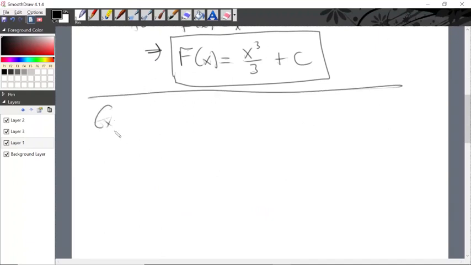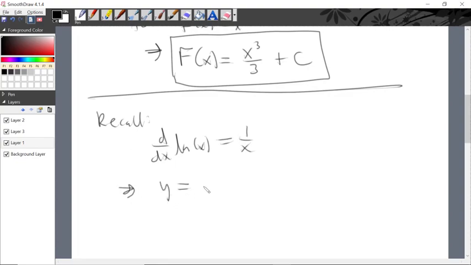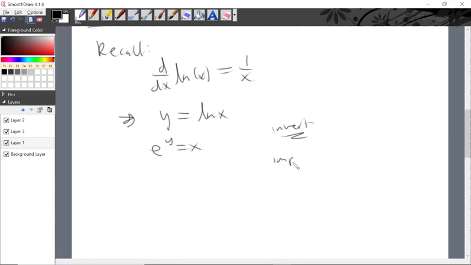Let me recall for you here from previous notes that the derivative of the natural log of x is equal to 1 over x. Let's demonstrate that that's true. If we let y equal the natural log of x, then we invert that. If we invert this relationship, we get e to the y is equal to x. And then if we apply implicit differentiation to this, that is, if we wanted to find y prime to prove that this is true,